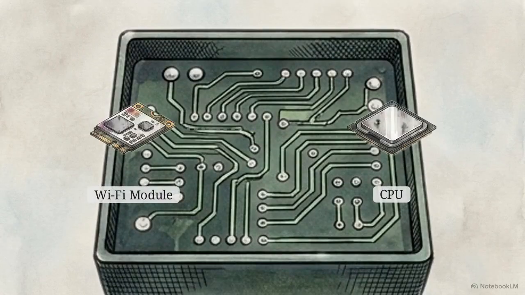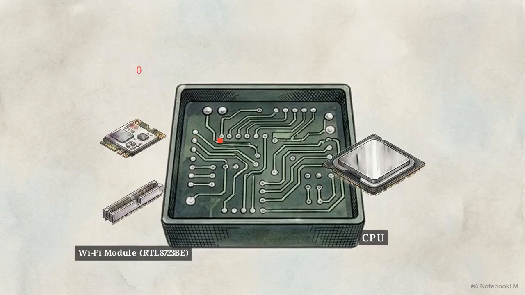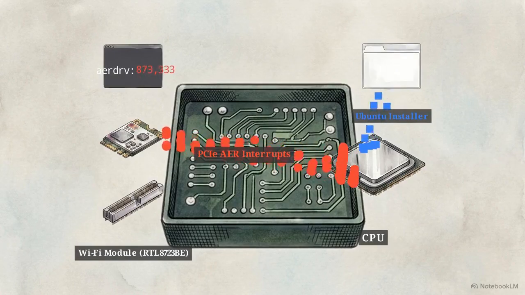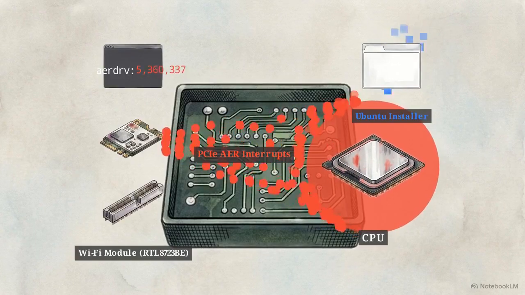Hardware components use signals called interrupts to get the CPU's attention. We can view a live count of these signals by checking the system's interrupt file. Under the AER counter, these advanced error reporting interrupts are skyrocketing by tens of thousands per second. The faulty Wi-Fi card issues so many false alarms that the CPU stalls, becoming too busy handling interrupts to process